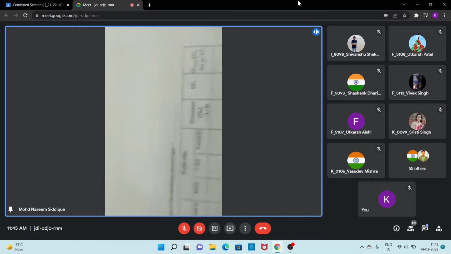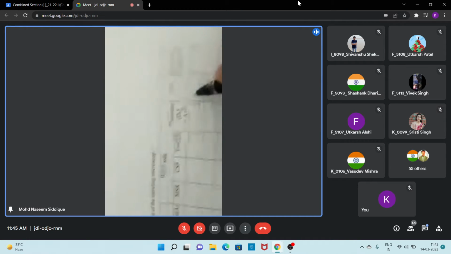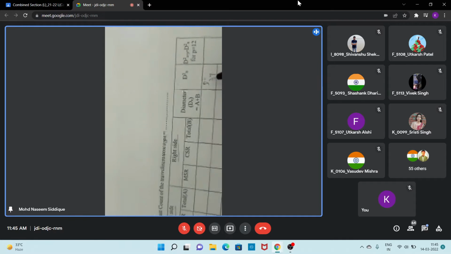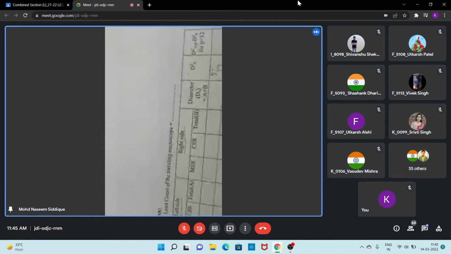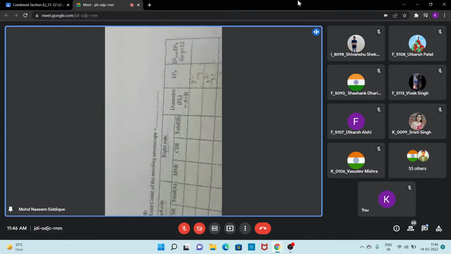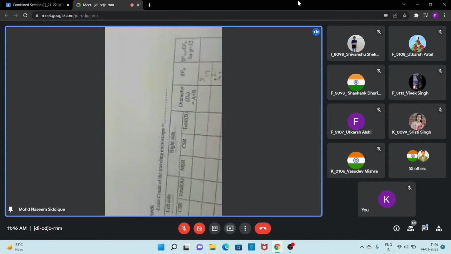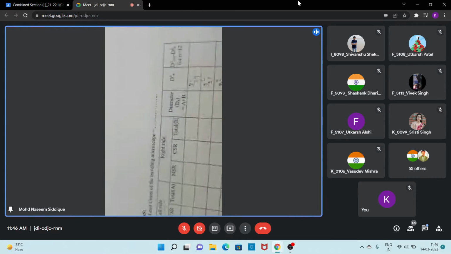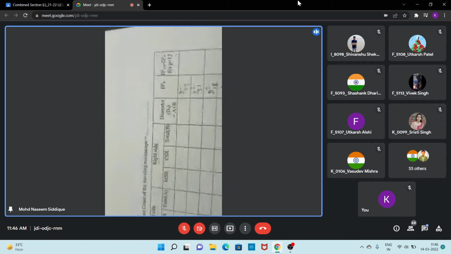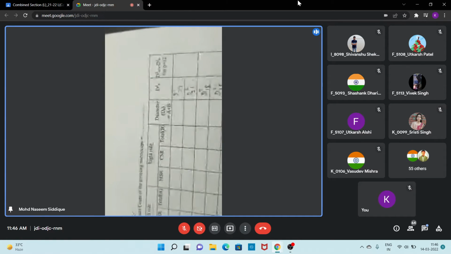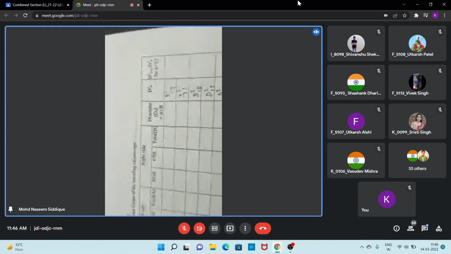So here we will get, I am writing here, just see, D square 24, that is the square of the diameter of the 24th ring, D square 21, the diameter square of the 21st ring, D square 18, D square 15, D square 12, D square 9, D square 6 and D square 3.